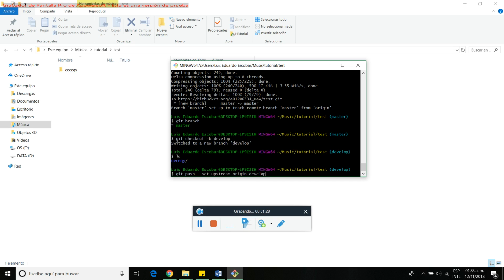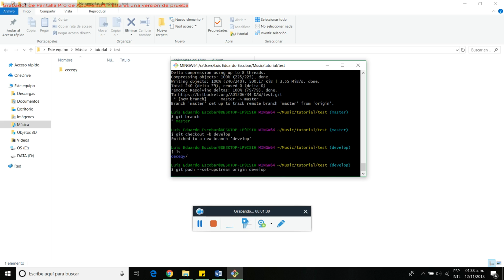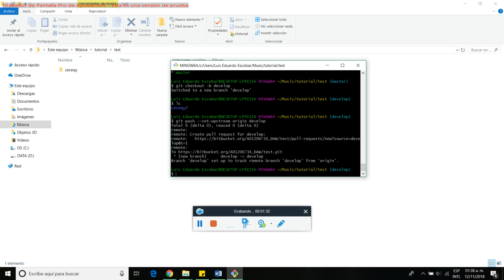Origin develop. And now our branch is already upstream, so we can work. It is efficient to work on develop, and then when we already check out all the project, and all the project is in good condition, we could merge it to master,